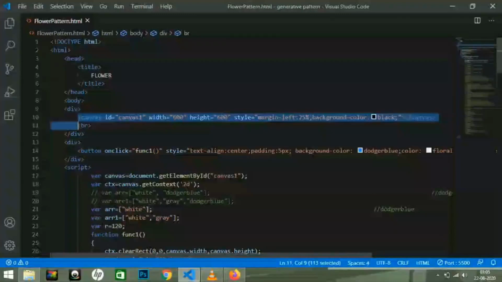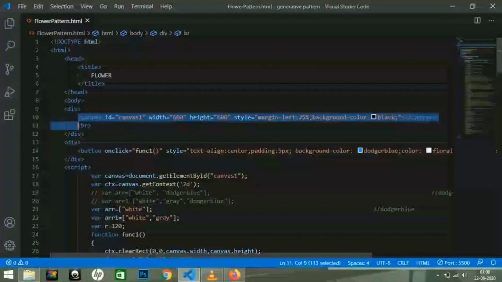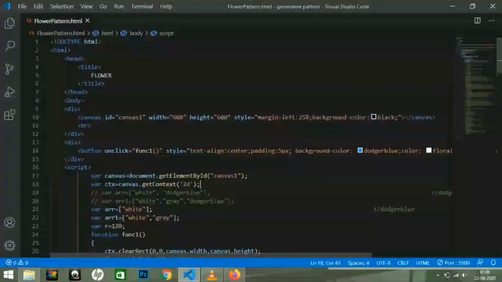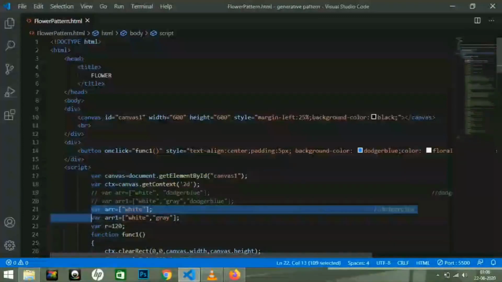Friends, the canvas element is nothing but similar to HTML with one exception, that its contents are represented by a JavaScript object having properties and methods embedded into it. Now let's move to the script tag. Here I have defined the canvas context object with the ID defined in the canvas tag above. Remember one thing: each canvas element can have only one context object. Either it can be of 2D type or 3D type.